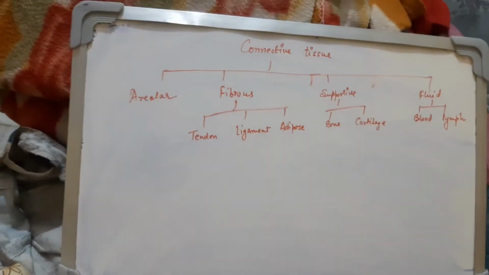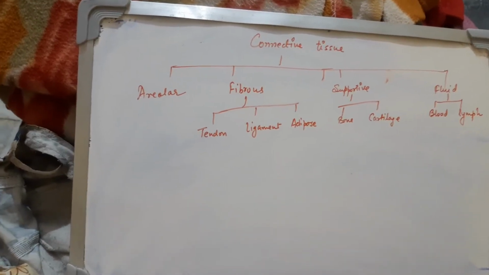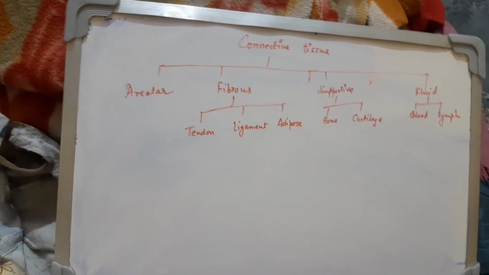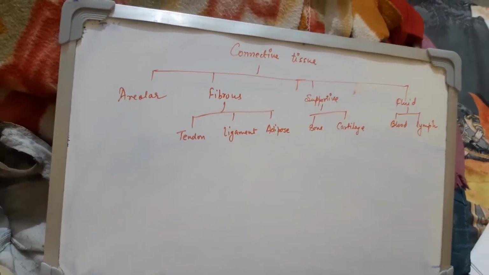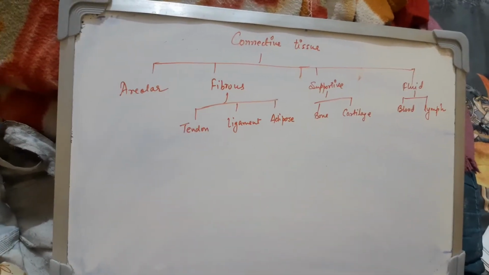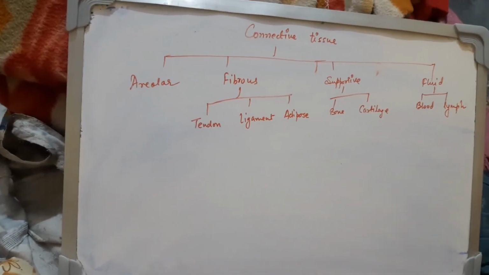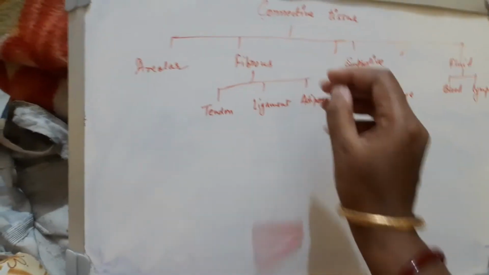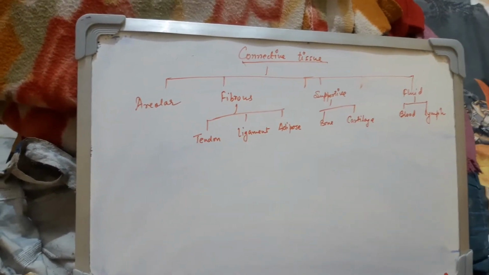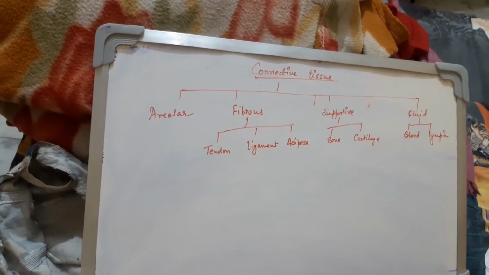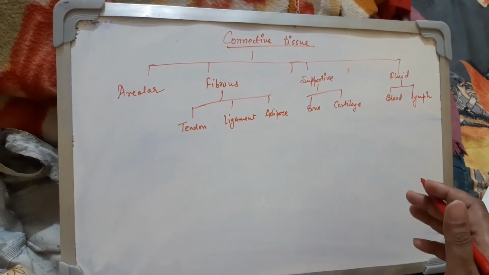Now, in the last class, we started with animal tissue, and I told you that we are going to start with the easiest one which you have already studied, that is nervous tissue made up of nerve cell neuron. Now the next one which we are going to study is connective tissue. As the word says, connective tissue is going to join things. Now for your information, what all things are there which join one part to the other part?